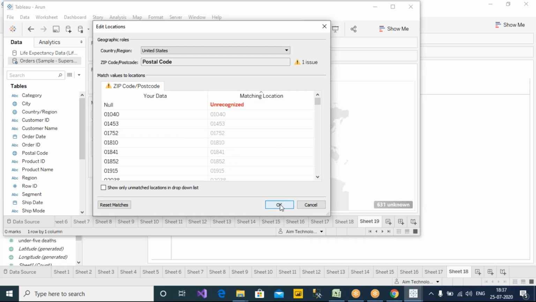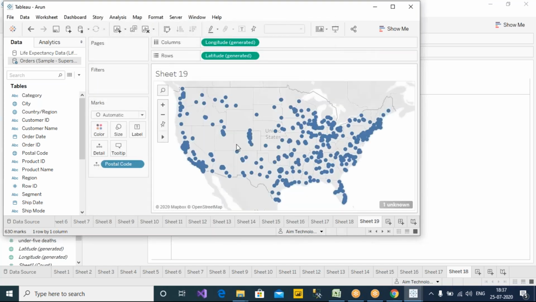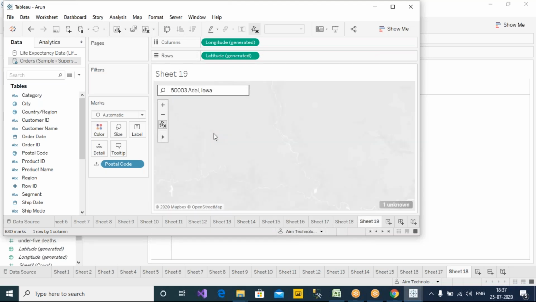This is a null value, it's still fine. If you search for any of the postal codes, you have to scroll out and they'll ask you